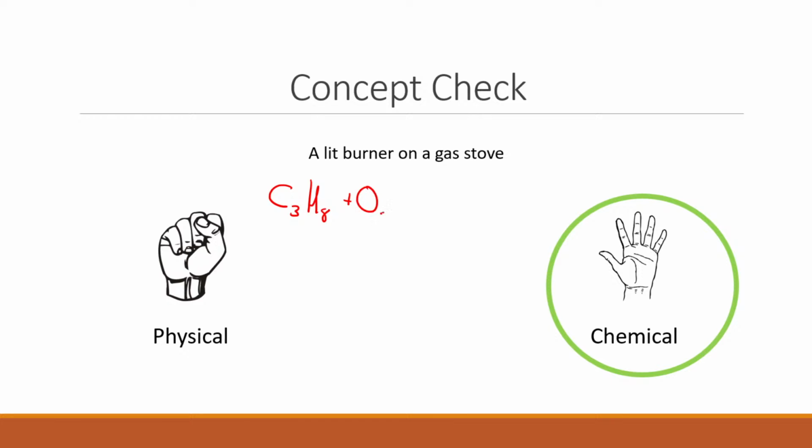Right? When we burn the gas coming out of the stove, it reacts with the oxygen in the air to give us carbon dioxide and water. Right? And we're not really at the point where we fully know all of our chemical symbols yet, and that's totally fine. But if we think about it, right, if you've ever lit the gas burner without actually having the